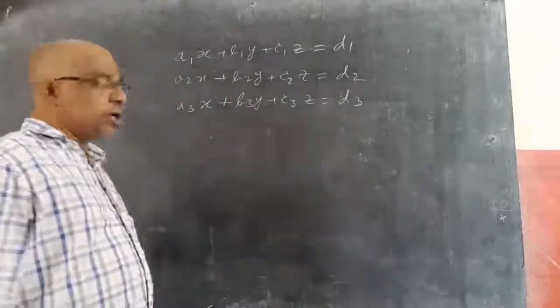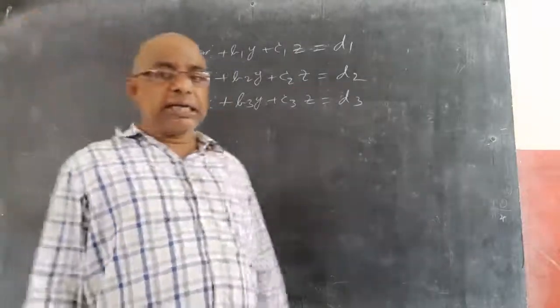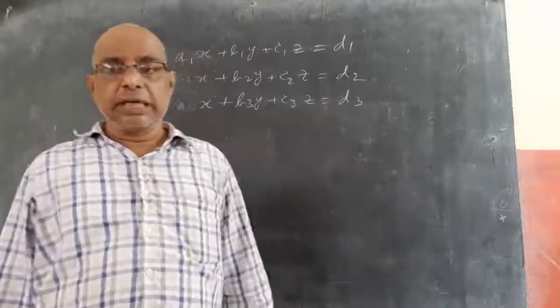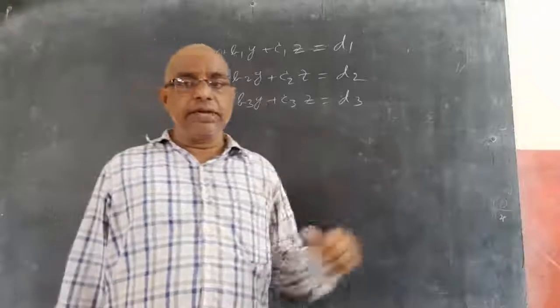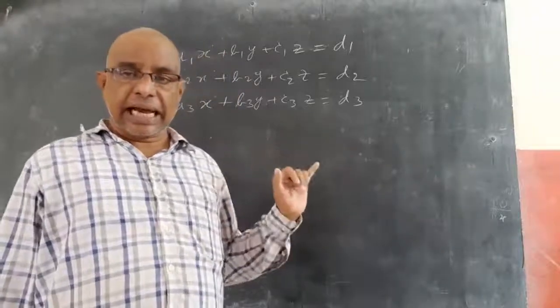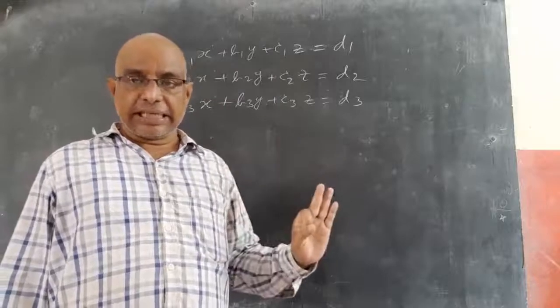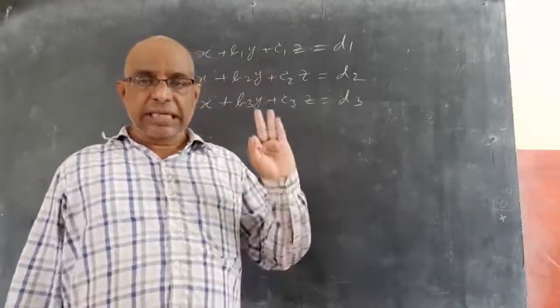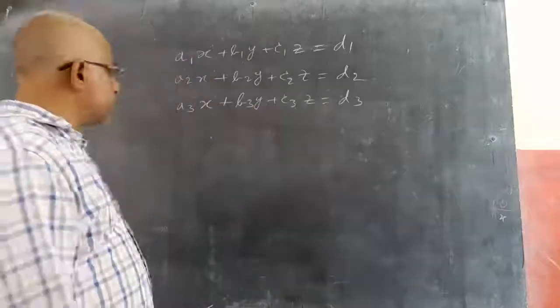How do we solve? If it is 2 variable, you already learned in our 10th class the substitution method, elimination method and cross multiplication method. Here, like the same, there are 3 methods for 3 variables. Or 4 variables also you can apply the same method. One is Cramer's, inversion, Gauss-Jordan. First of all we will discuss Cramer's rule. What does Cramer's rule do?